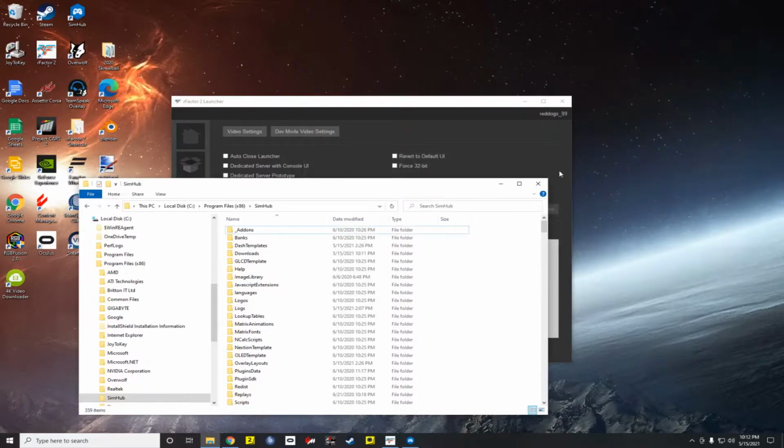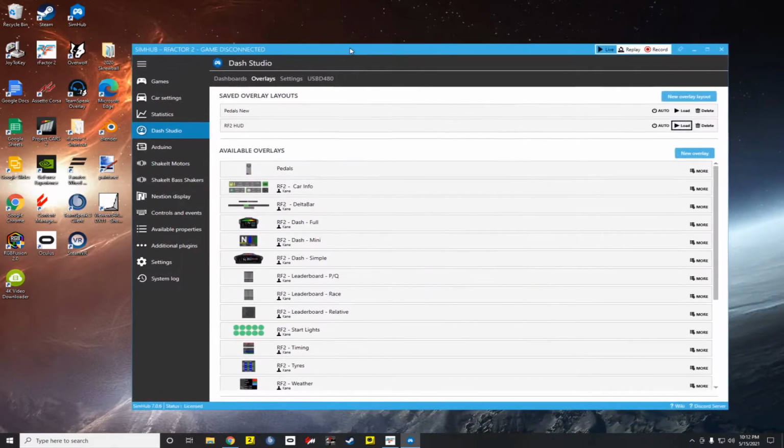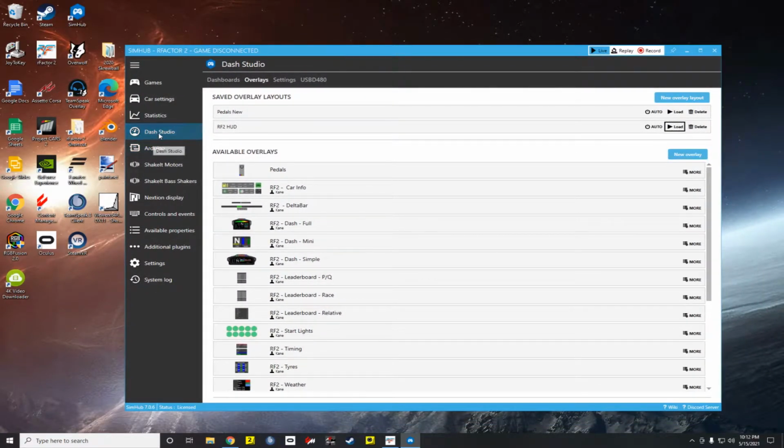Once those files are in those folders, if you start up Simhub and go to the Dash Studio, you can click on the overlays, and it lists all the RF2 overlays here. And as you can see, it's got the start lights, which is incredibly helpful for the start of the race. Now what I did was just take this RF2 HUD here at the top. I load that up,